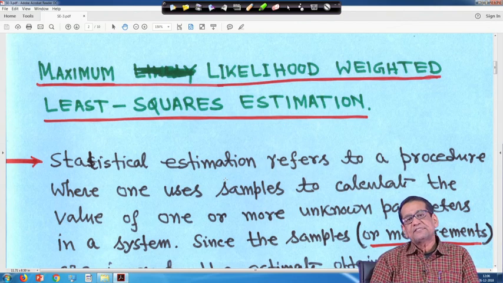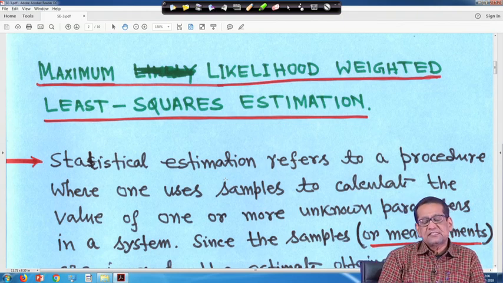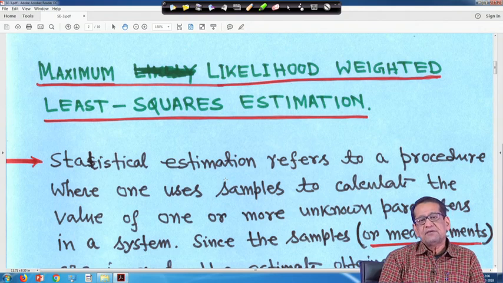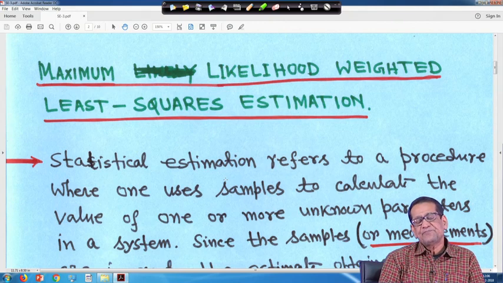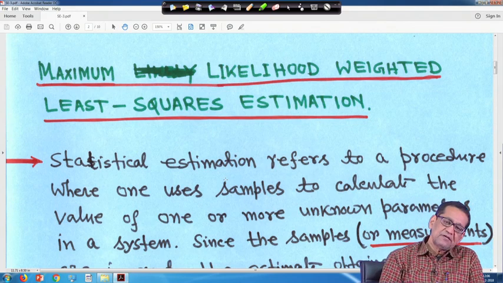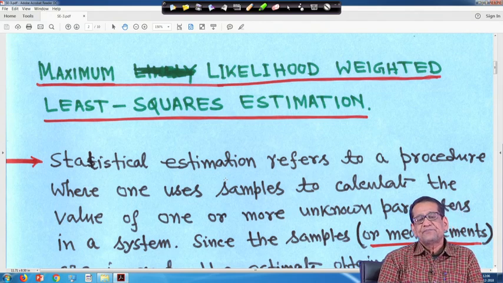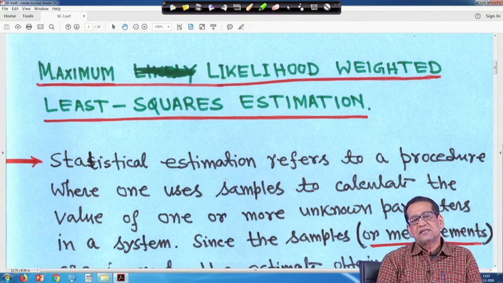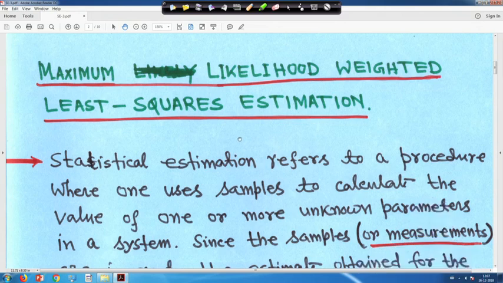So, for state estimation, we will do static state estimation, but we will see 3 types of cases. One is when the number of state variables is greater than the number of measurements, that is ns greater than nm. Another case is when the number of state variables is equal to the number of measurements, that is ns equal to nm. Another is when the number of state variables is less than the number of measurements, that is ns less than nm.